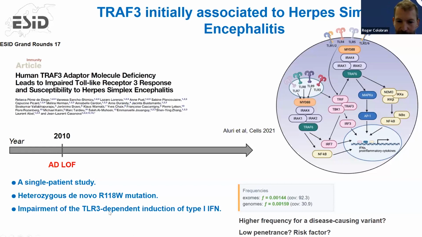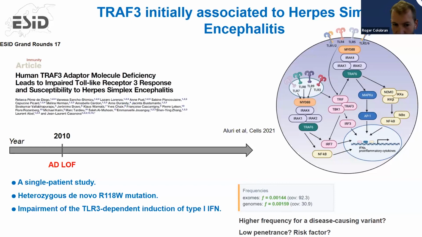After several years, it was noticed that this variant was not so rare. You can see here the frequency in the gnomAD database. So probably this variant has a higher frequency to be disease-causing. Maybe it's a low penetrance variant or even a risk factor, although it's functionally impairing some production of type 1